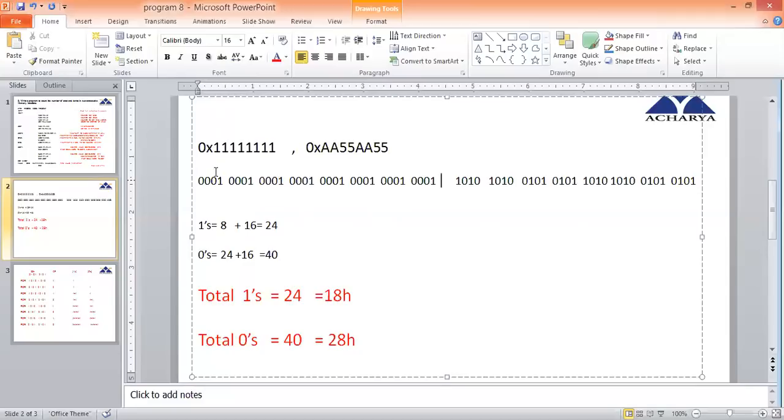Now after finding this out, we'll go for the second number. Once again you'll apply the same logic. You will rotate it 32 times. So each time you're rotating, you're going to increment the 1 counter and the 0 counter. To the same counter, you're going to increment. So how many ones are here? You can see 2, 4, 6, 8, like that. So overall, you can see 16 ones you are having.